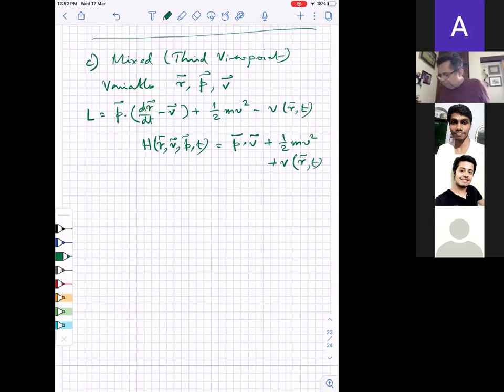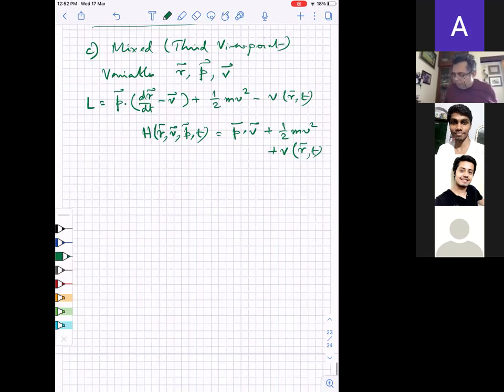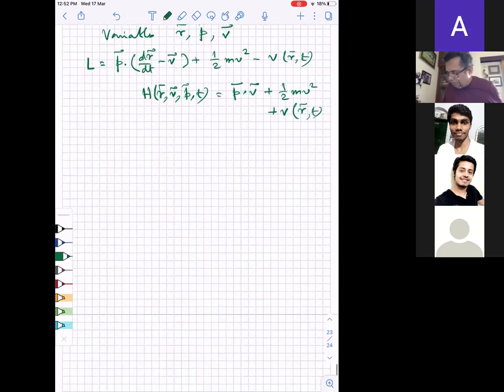Okay, so this is what it is. Now I can again minimize these four things. So let me write down the equations that I will get. First let me do this delta r. This will give me my